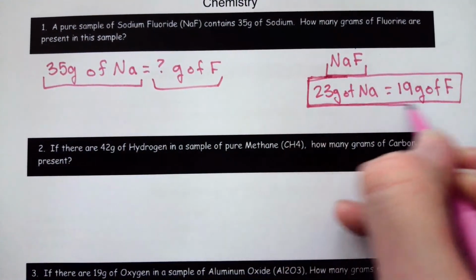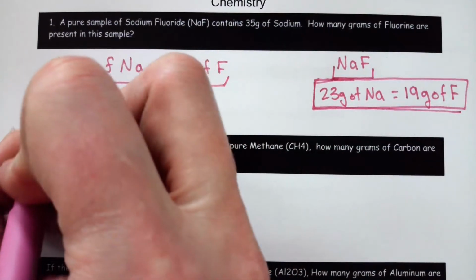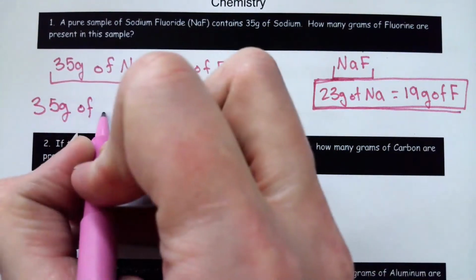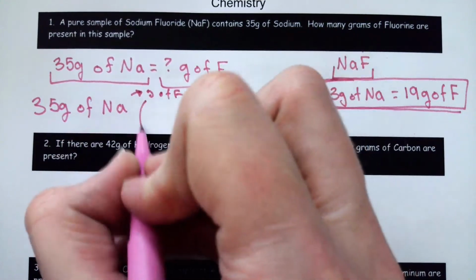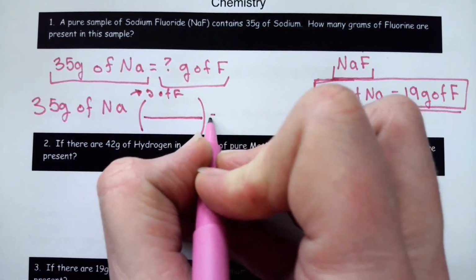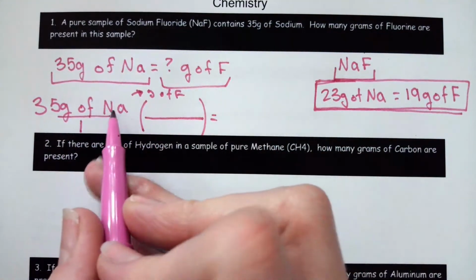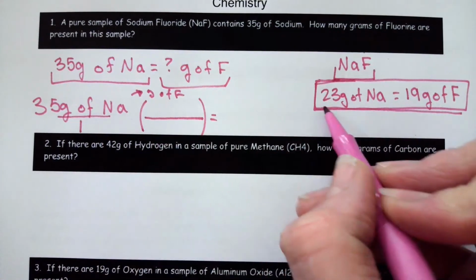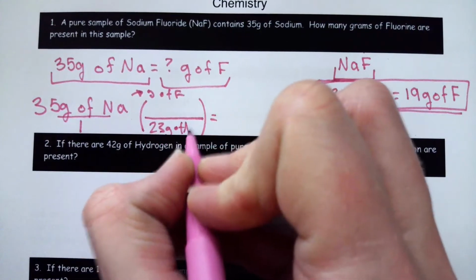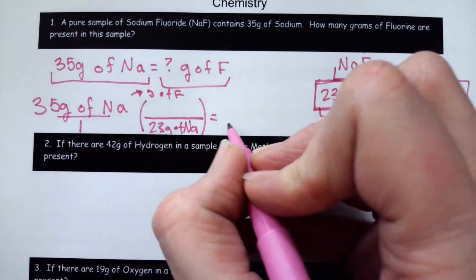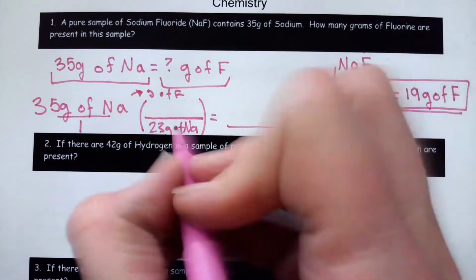Again, remember, we can take any equality statement and write it out as a conversion factor. So we start with 35 grams of sodium and we want to get grams of fluorine. I'm going to take it times the conversion factor. Remember, when we have a conversion factor, this is technically over 1, so we want to put sodium on the bottom. So here is my sodium component. It is 23 grams of sodium. And then I want to put the one I want to get to on top, so that's what's left behind. So 19 grams